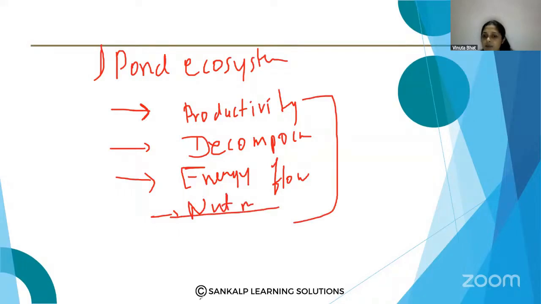Then we studied about the ecological pyramids, the different types of pyramids, in this chapter. So only this much is there in this chapter. I hope you understand all these topics, because they are very easy, as all the wordings and concepts we already studied in different classes. So I hope you understood this concept.